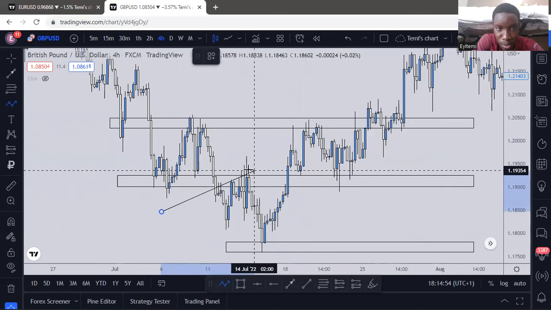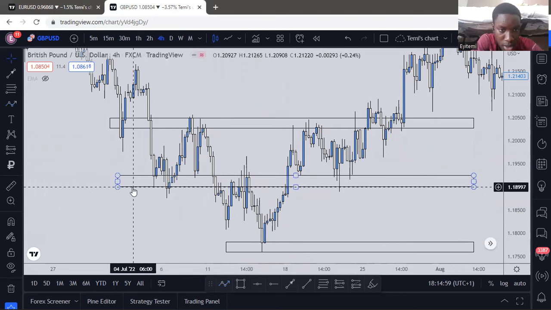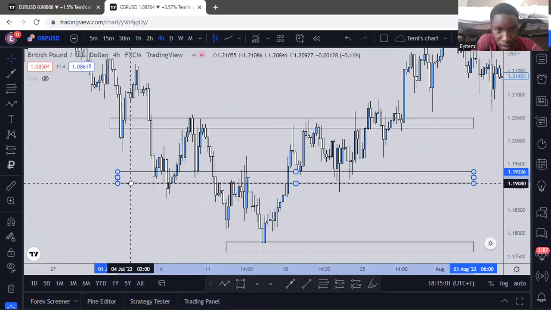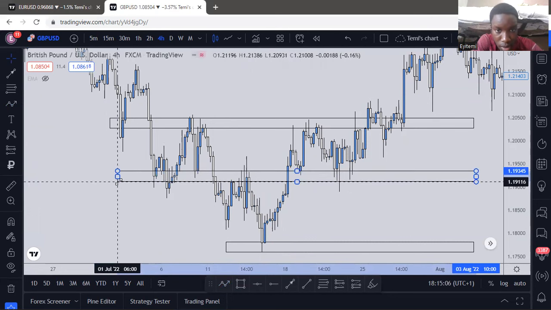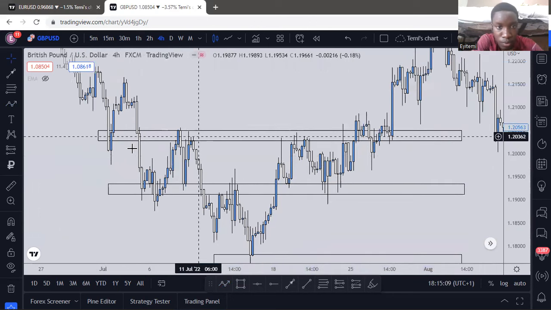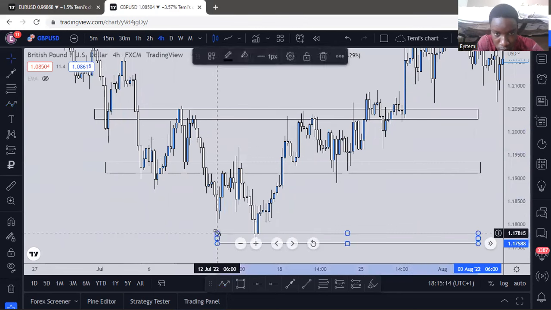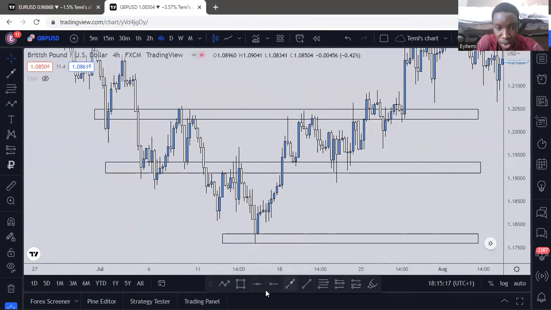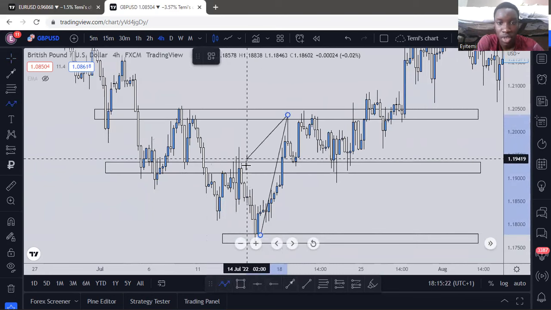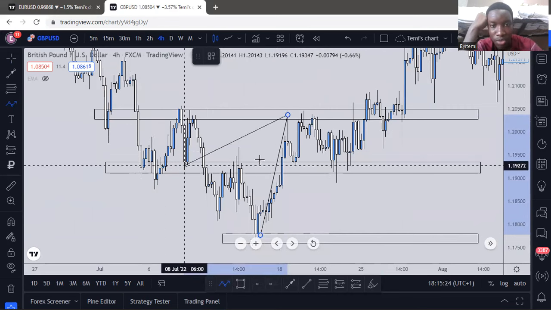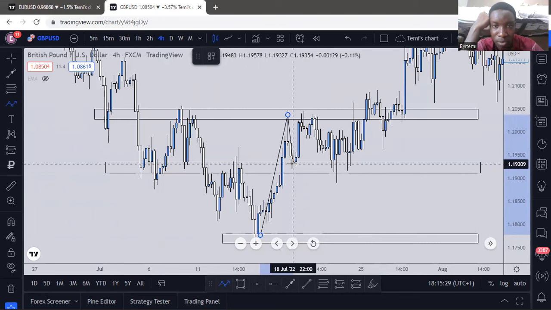So as you can see, price broke above this level. I think I had my level set around something like this. Let's adjust the level a bit. So yeah, it was something like this. This is the 4-hour time frame. Let's adjust this. Okay, perfect. So we had price break above this high. Once price broke above this high, what was I looking for? I was looking for some form of pullback to this level and then rejection for me to continue to the upside. So after price gave me this rejection candle and continued to my level, once price got to my level,